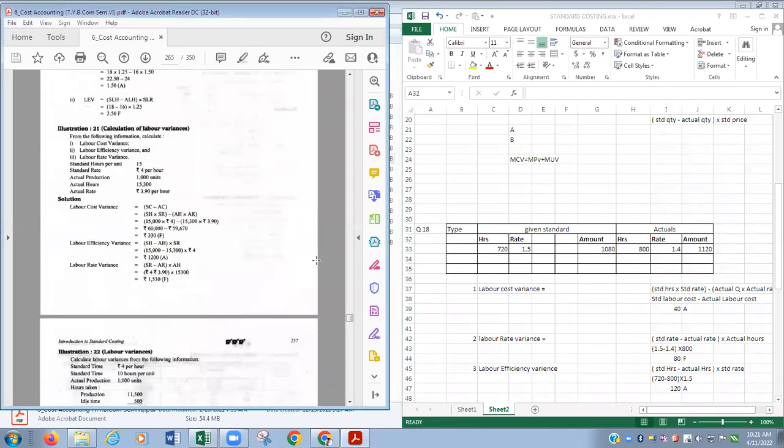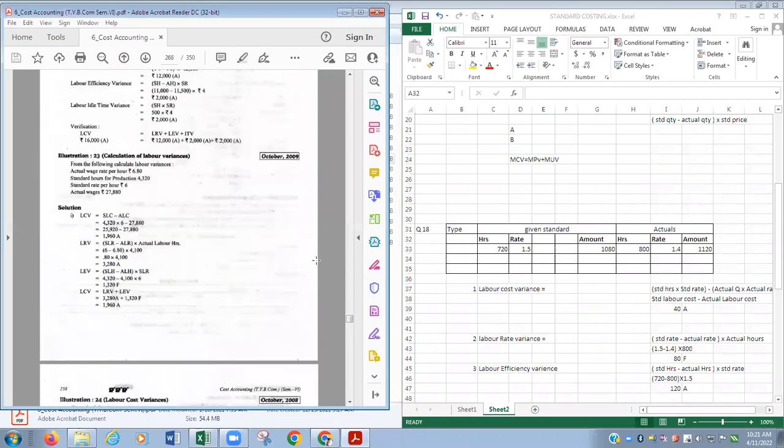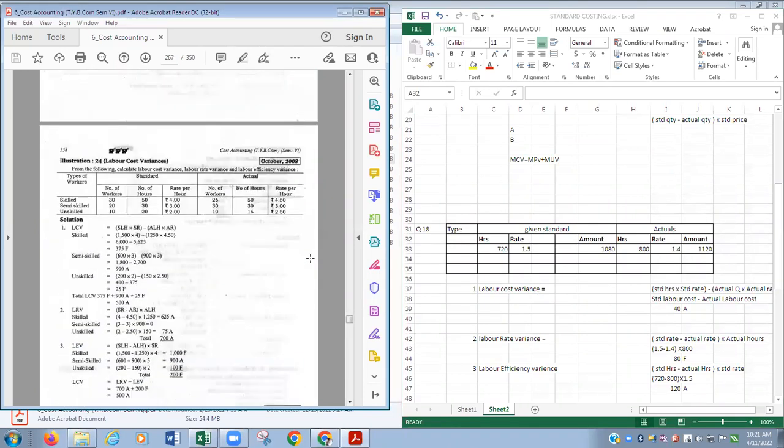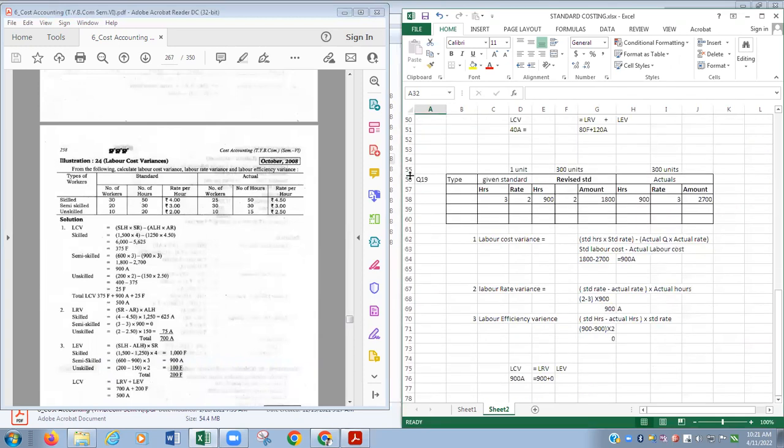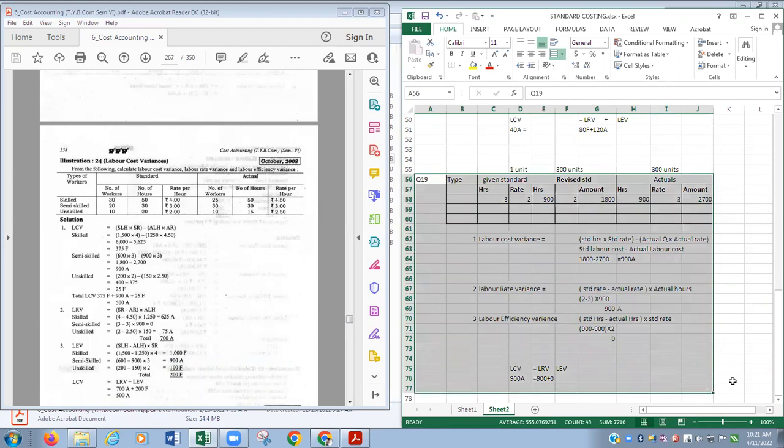Let me check. Not this, not this, not this. Yeah, here we have 3 types of labor: skilled, semi-skilled, and unskilled. So we'll solve this one and just copy the format. And the formula is